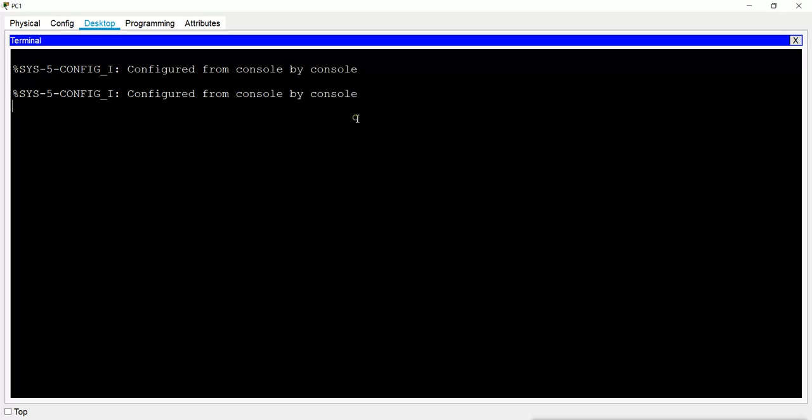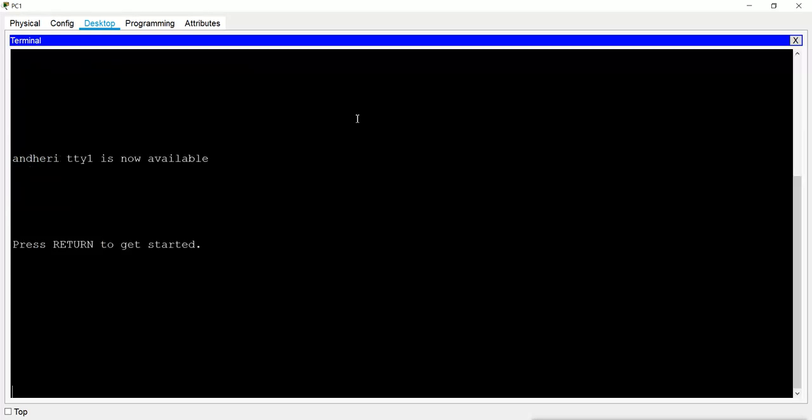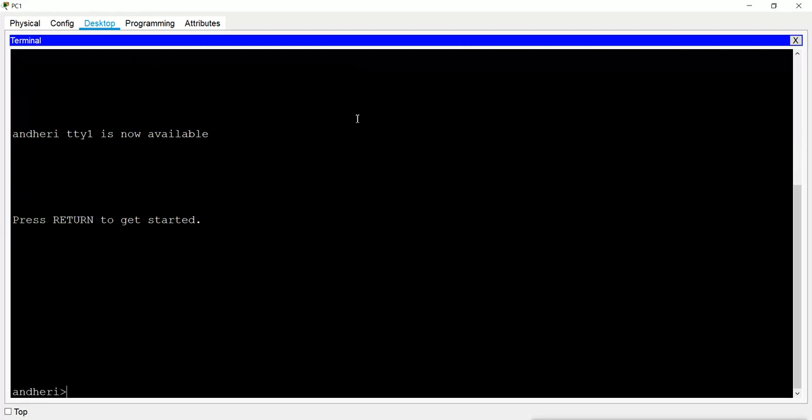Now when I press enter, we are connected through the auxiliary port, and you can see it is not asking for any password, and I am logging in. I can log in from here without any password, because the password which we have configured is on the console port, it is not here. So exit. Whenever I press enter here, I can log in.